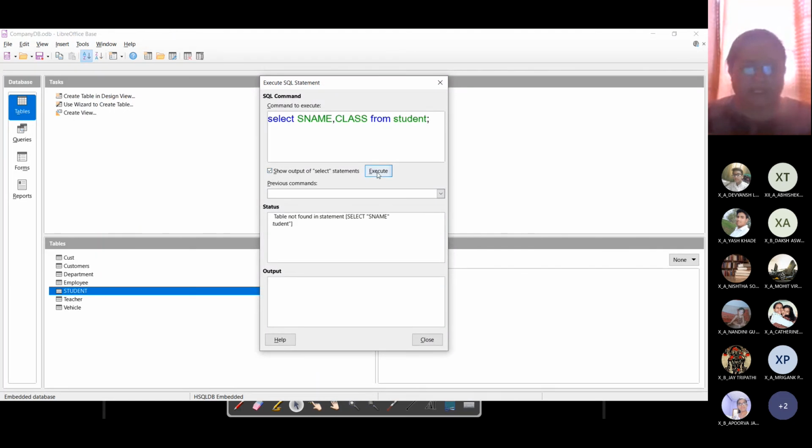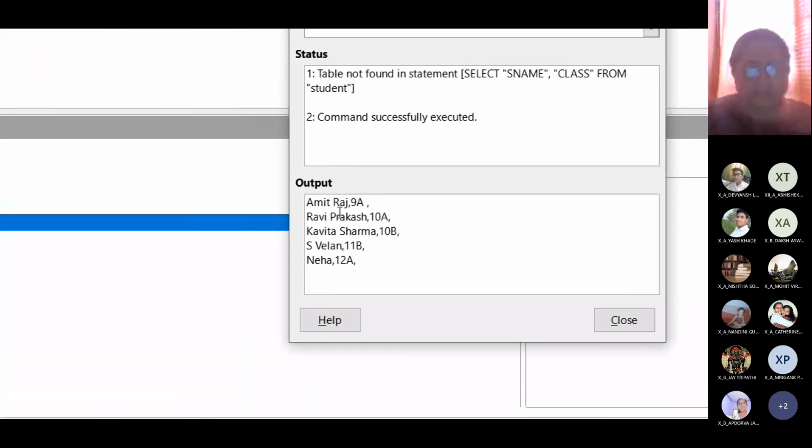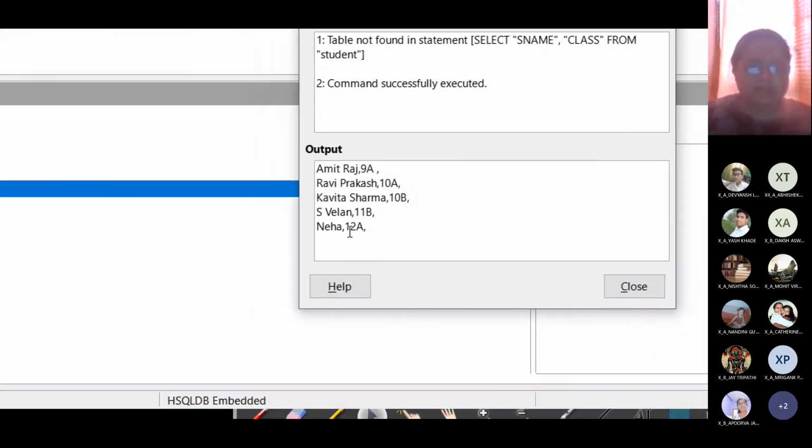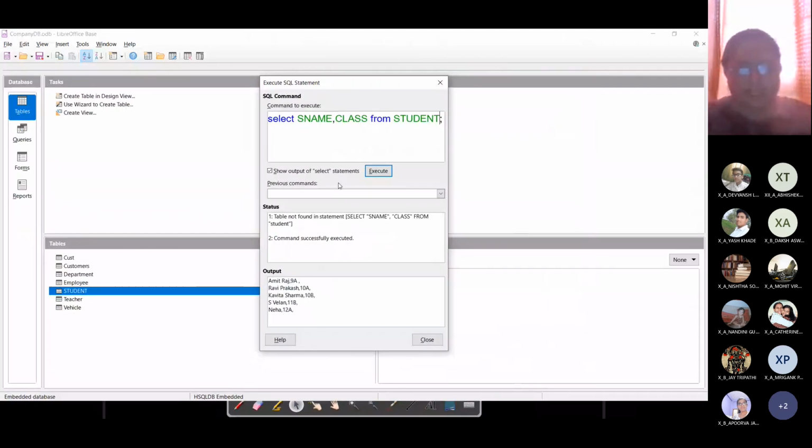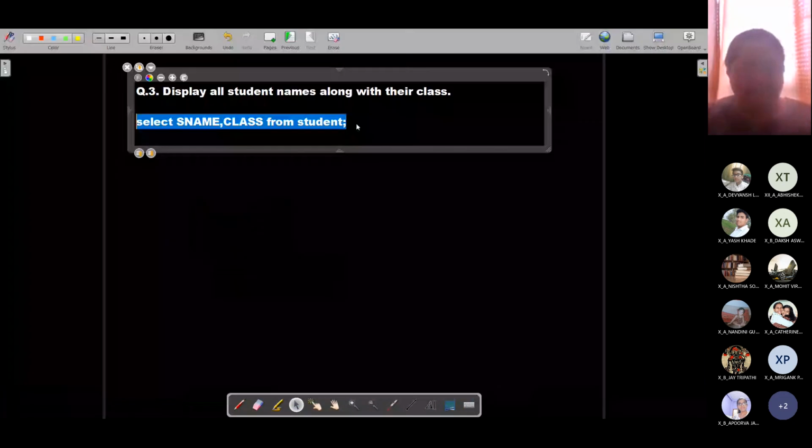Show output, execute. Table not found. The reason why it is giving me a table not found error is because student has to be in capital letters. And now you can find that the student's name and the class are being displayed over here. And this is the SQL query for that.